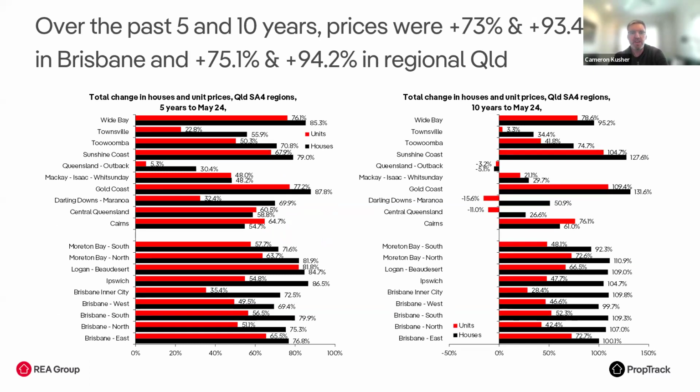If we look at the past 5 and 10 years, over the past 5 years, prices in Brisbane were up 73%. They're up 75.1% in regional Queensland. And over the past 10 years, there's been a 93.4% increase in house prices in Brisbane, and a 94.2% increase in regional Queensland. The best performing market over the past decade has been the Gold Coast, with 131.6% price growth, and the Sunny Coast, with a 127.6% increase in prices over that period. A lot of areas of Brisbane, down from Moreton Bay South below, have seen house prices double over the last decade. So a really strong period for price growth, although you will note that most of the price growth from the last decade has happened in the past 5 years,